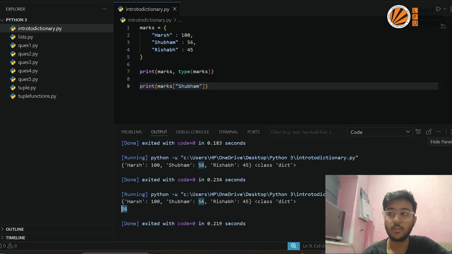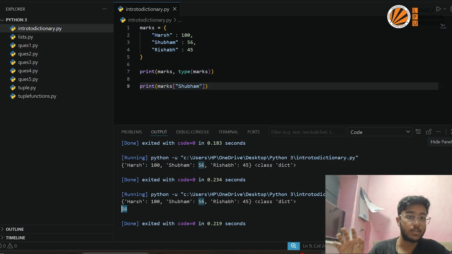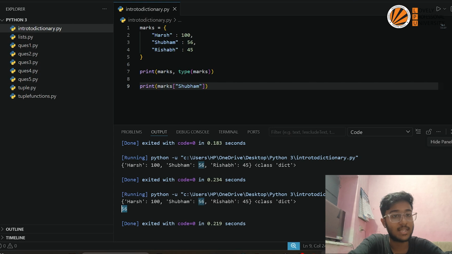Now if this particular marks dictionary was a bigger one, how would I check if there were 100 students, and some of them had the same names, or maybe even the same marks? How will I get them? We cannot do it solely in a list, because in a list it would take many complex logic and computational expense. So rather than doing it in a list, we do it in a dictionary,